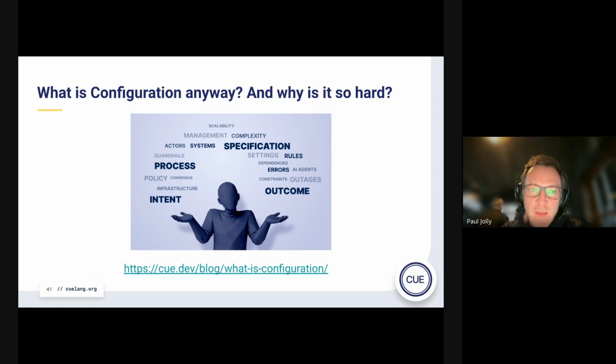Today, we also released a blog post that riffs off the back of this presentation we gave at Config Management Camp: What is configuration anyway, and why is it so hard? It's a much higher level overview, from our perspective, of what configuration actually is, because if you speak to 100 people, I don't want to say you would get 100 different definitions of what configuration is, but it wouldn't be far off. At the same time, we're just trying to tease out what the common aspects of those definitions are and how to actually manage what we consider to be configuration complexity.